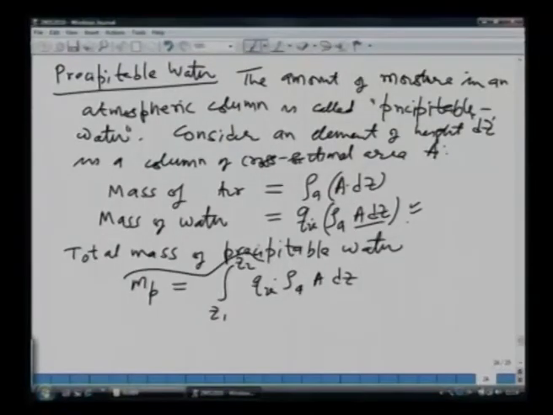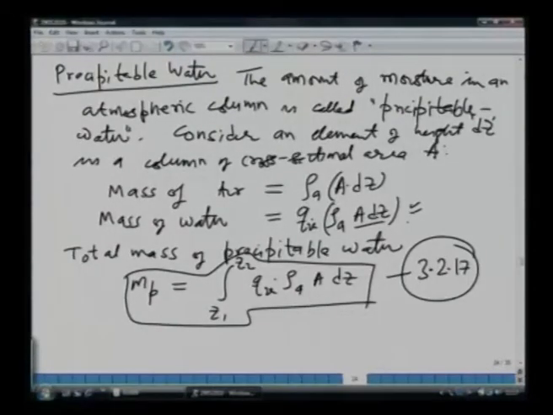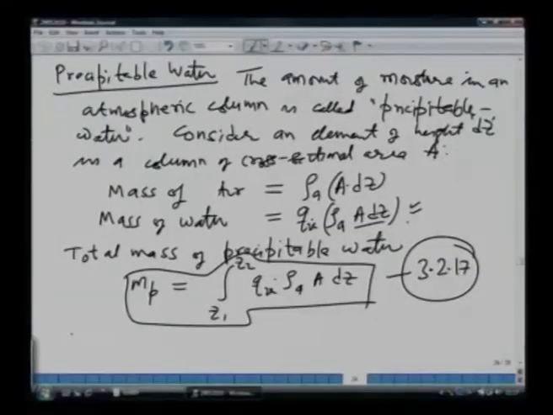So, this is your small little expression for finding out the amount of water, or the precipitable water, in a static atmospheric column. Now, how do we actually calculate this precipitable water? What we do is we discretize our whole space domain, and then we work with the average quantities. If we actually do it, this is how we work it out.